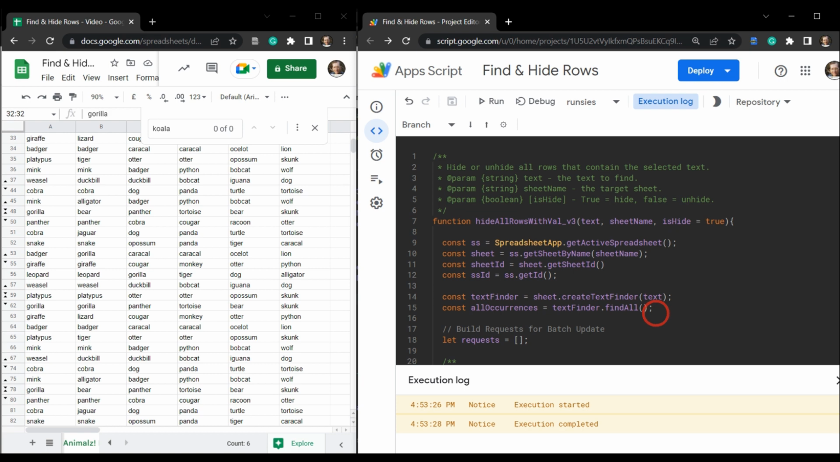In the next tutorial, we'll move on and explore some more aspects of find and replace in Google Sheets using